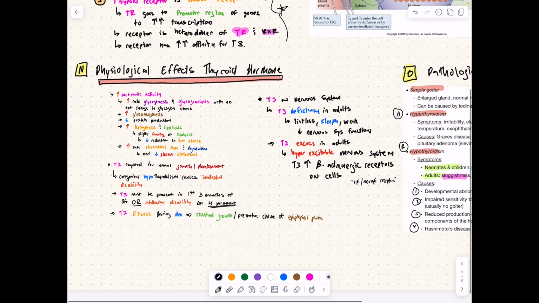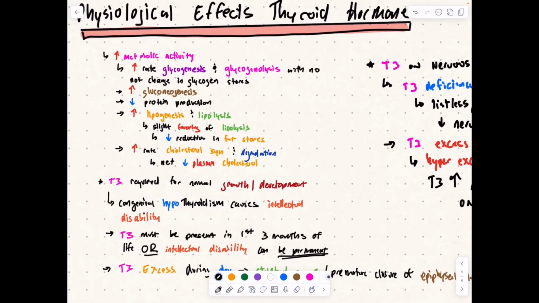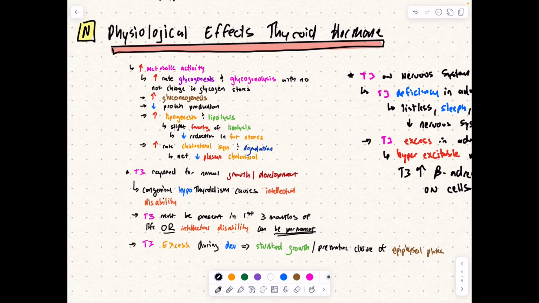Okay, physiological effects of thyroid hormone. So basically just think increased metabolism. And then you're like, how does it do that? Increased metabolism in all shapes and forms, but with a net result in energy output. All right, so increased metabolic activity, increased glycogenesis and glycogenolysis, no change in glycogen stores. So increase the production of glycogen, increase the breakdown of glycogen overall, increase in gluconeogenesis, so pump out some glucose,